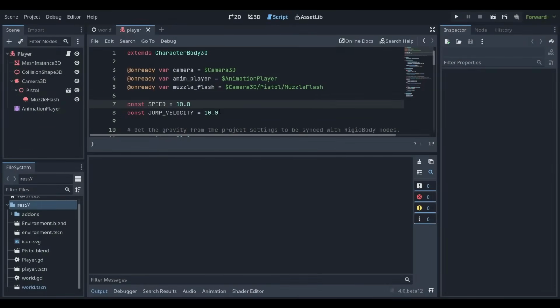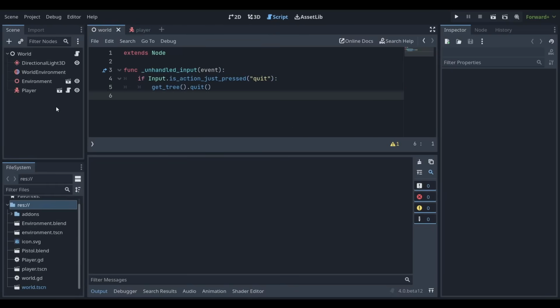Alright, so it's time to start thinking about some of the multiplayer aspects of this project, and we're going to start by making a main menu so that players can choose to either host or join an instance of the game, and then later, when we start wiring that up, I'll explain a little bit about how the logic of that all works. So I'm going to go back to the world scene over here,